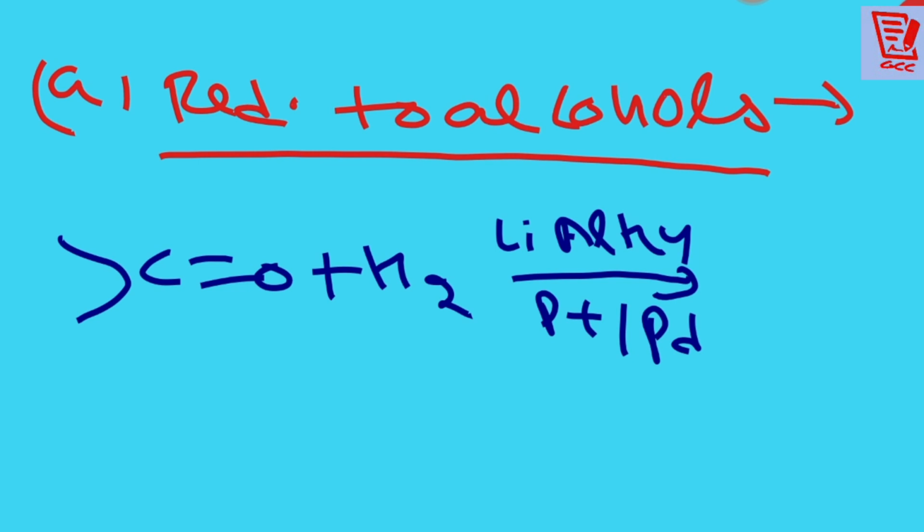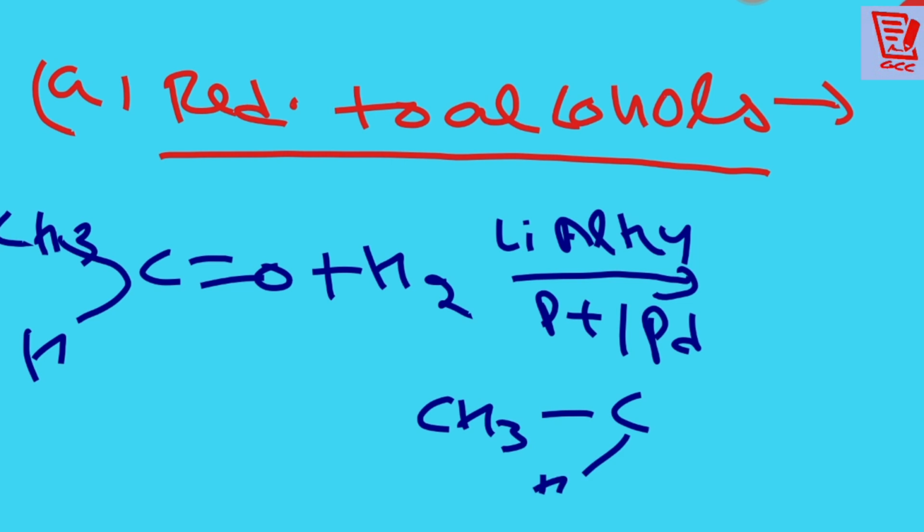Okay, then what will be formed? Let it be CH3, let it be H. What will be the product? CH3, this C is already there, H, then it becomes... Did you understand what I have done there? CH3CHO was there, one H and one more H was there, CH3CH2OH we are getting. Same way we can do with the other also. This reaction we have already done, that is why I am not going to explain it again. In the preparation of alcohols we have done.